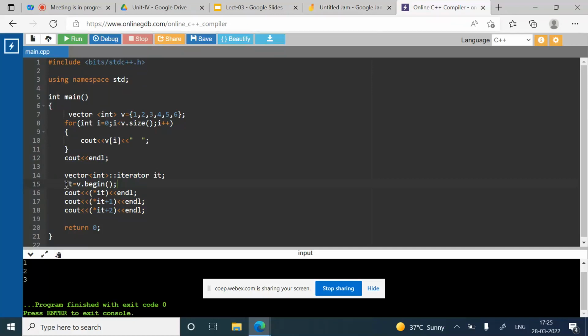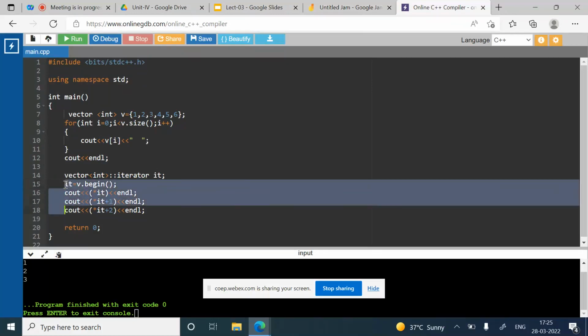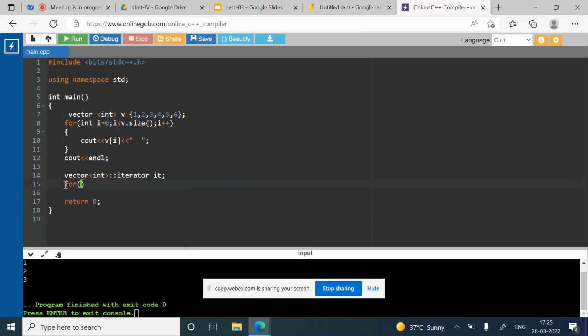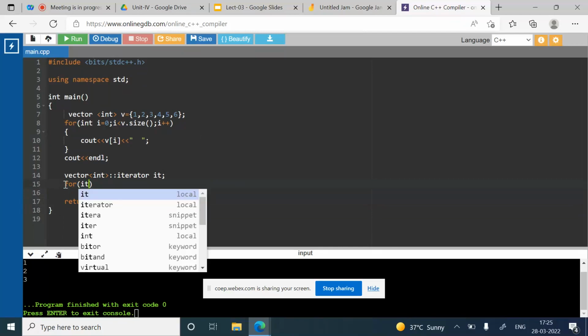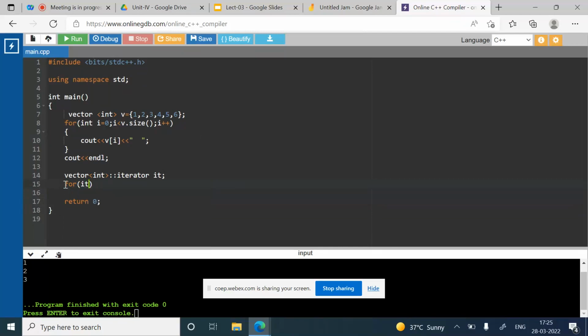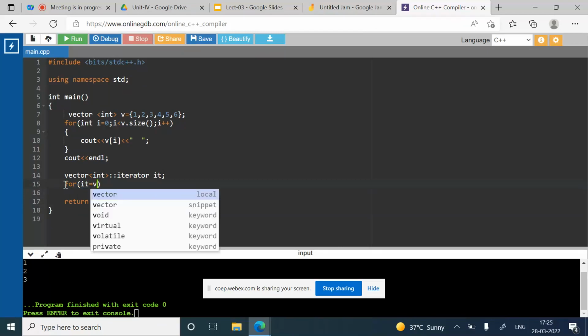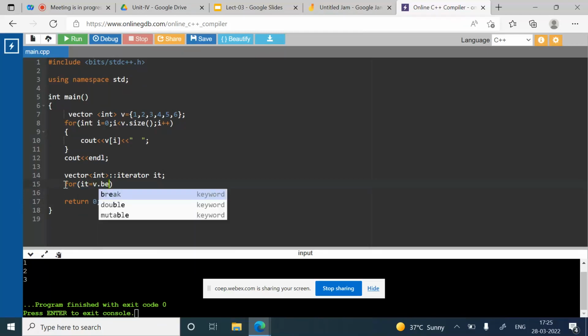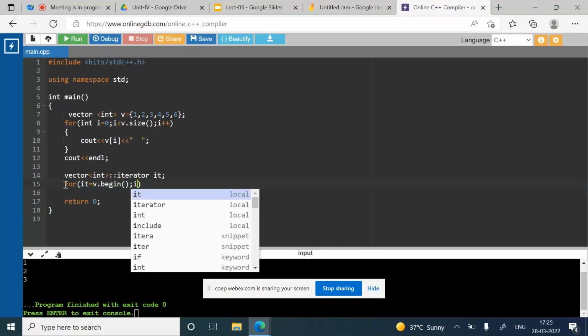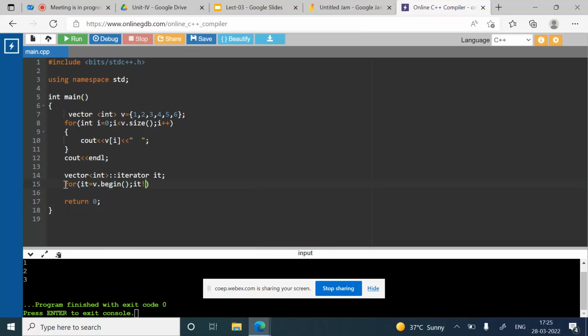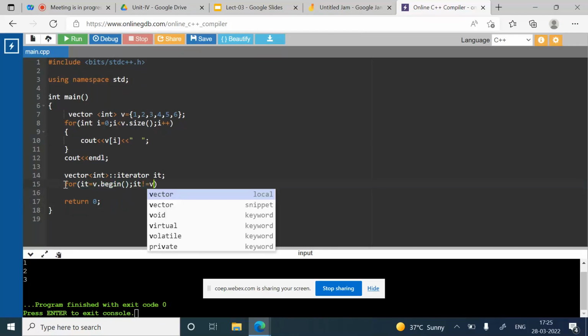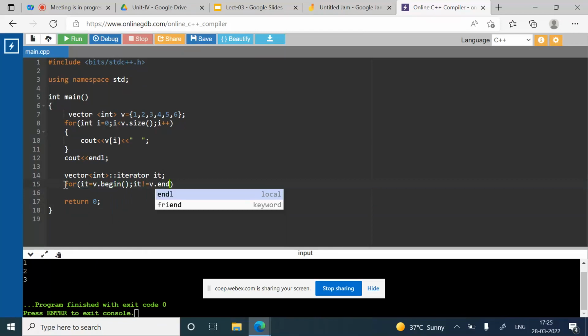So here I'll just replace this with this loop: for it equals to v dot begin, that is the initial condition, then it is not equals to v dot end, right? And now here I can say it plus plus,